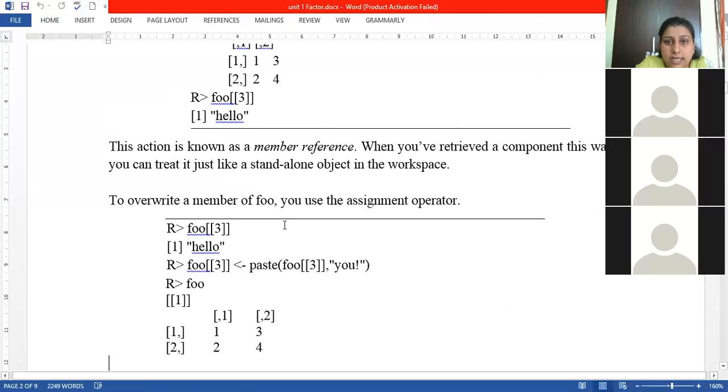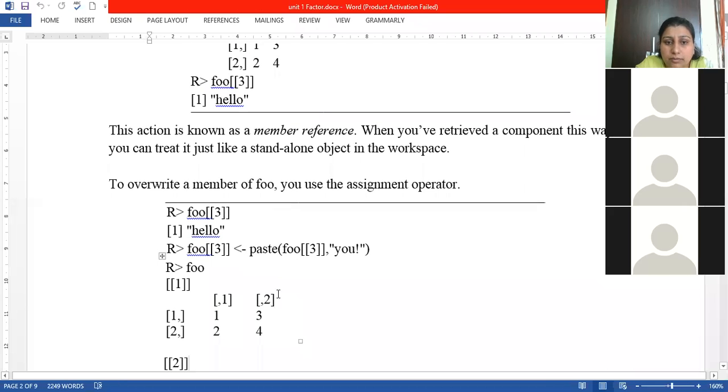If we want to change the list elements, then we can use the concatenation operation. For that purpose, like I have told you, to concatenate the strings, we use the cat operation and the paste operation. Suppose I have to change the third element of the list. Now I want to change the string. Now I use paste to 3. It means whatever string is present at the third position of the list, we add one more string here, and that string is you. Then the whole string by using the paste operation becomes hello you.